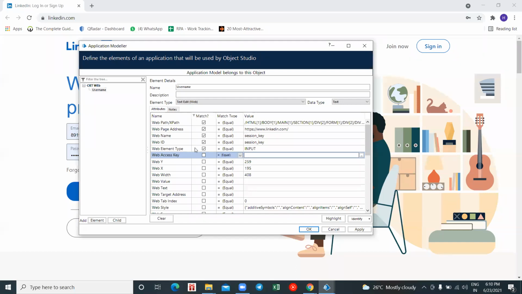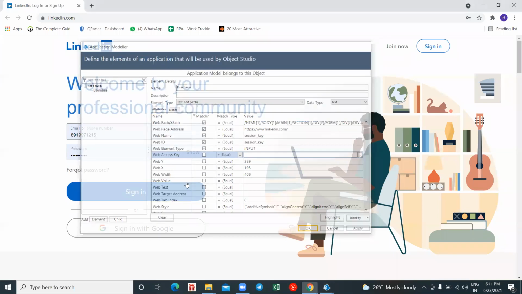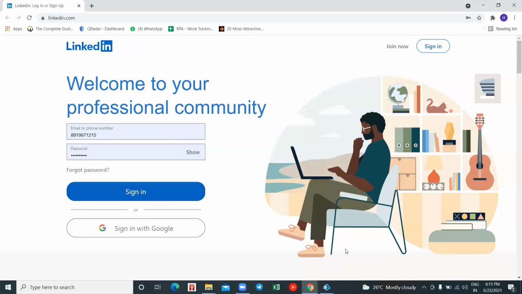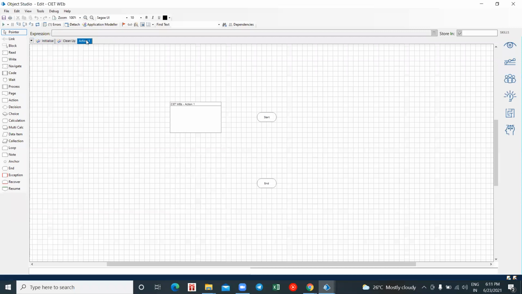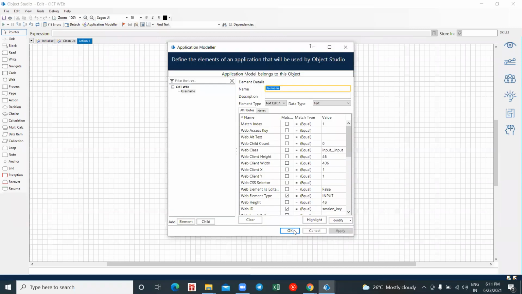So now you can see I have unchecked only this web access key because the value is empty and it is unnecessary for me. So I'm just clicking on OK. Done. So I've captured my username. In the same way, I'll quickly capture my other actions,